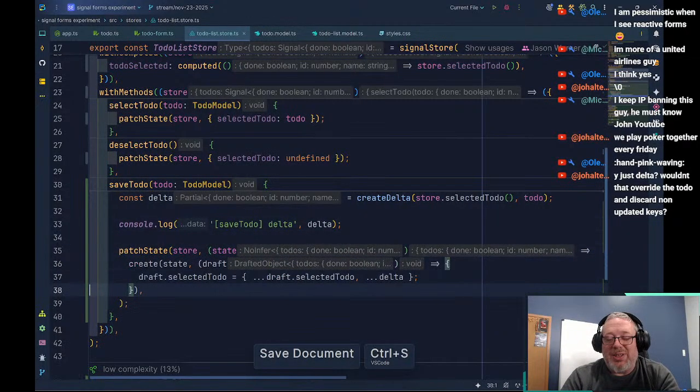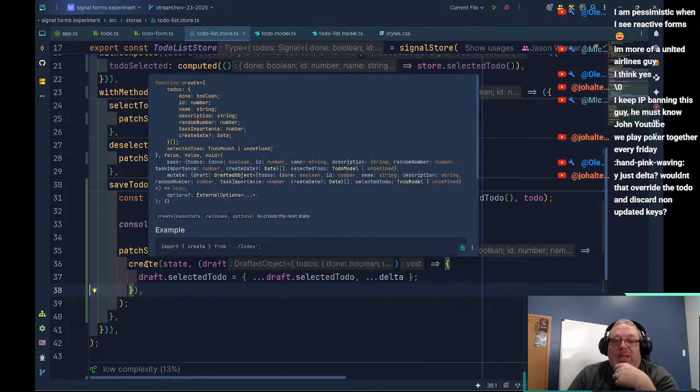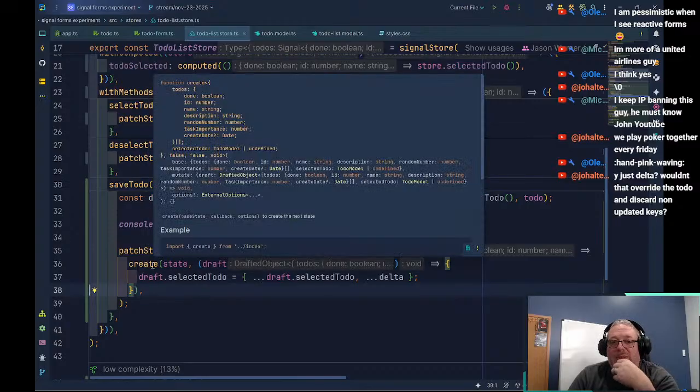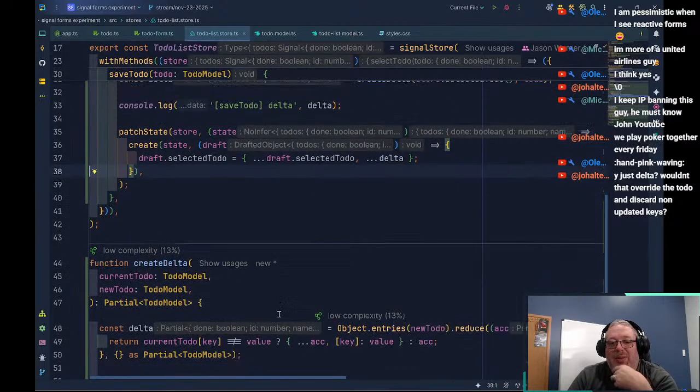The reason we're doing it this way is this create function returns an immutable function that will take a state and apply this stuff to it. So now we can patch state with that.